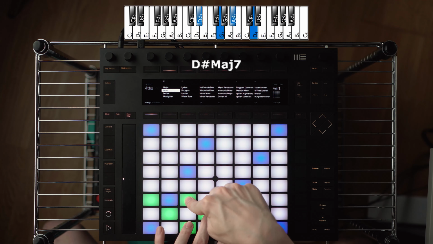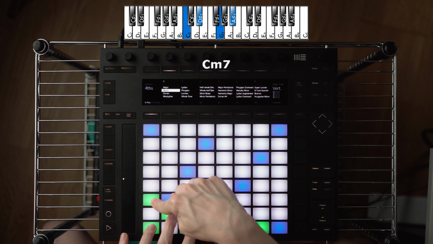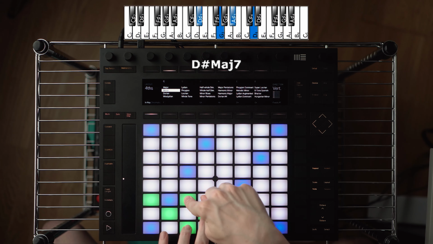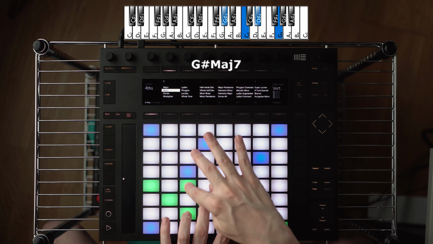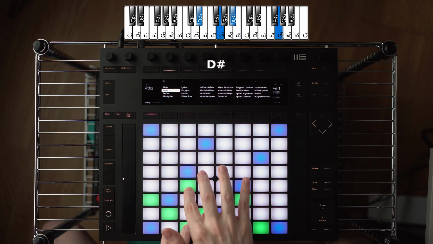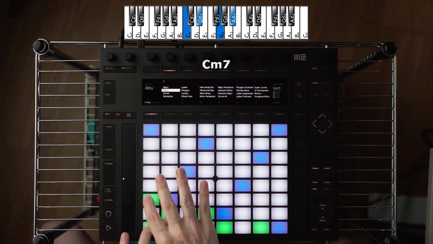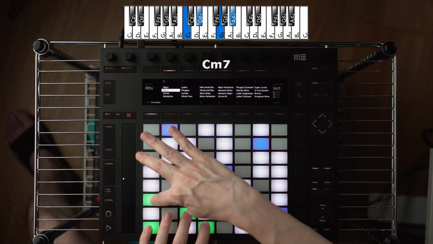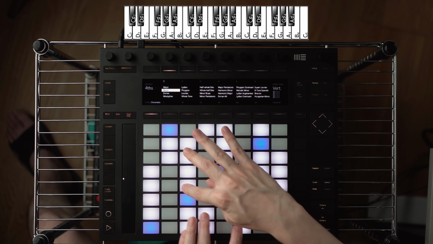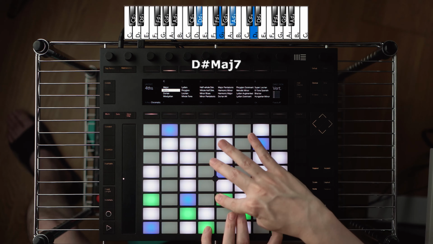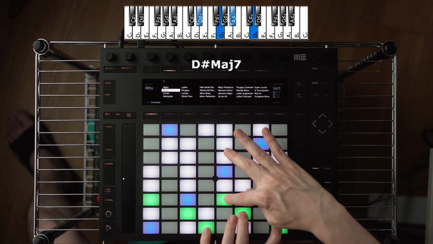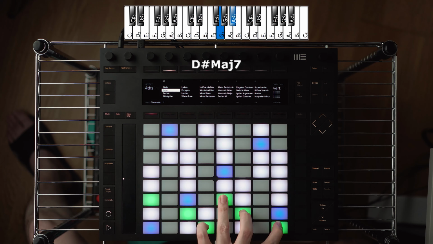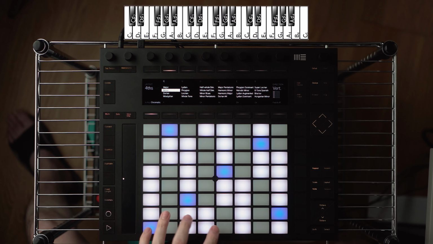Like, this is D sharp major 7th, which just sounds nice. I mean, this actually sounds good. Okay, that sounds really nice. What I was doing before was this. See, because of the shapes. Yeah, I hope my hands don't. Yeah, let's try it like this. So I was doing something like this,